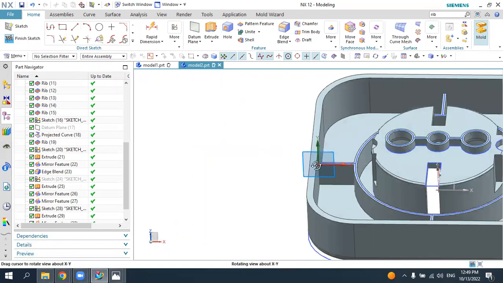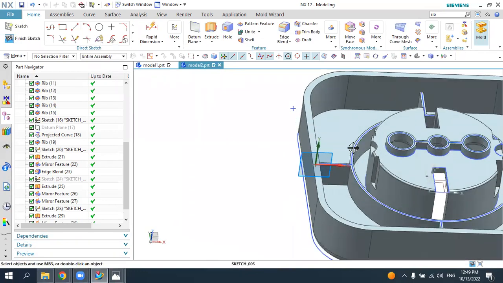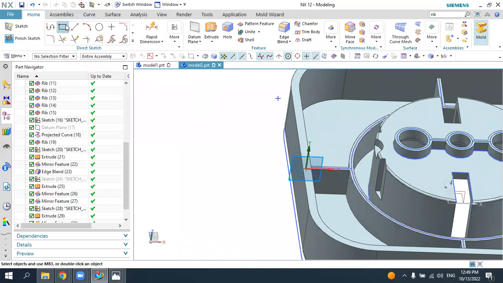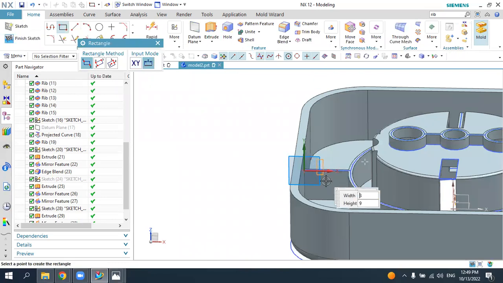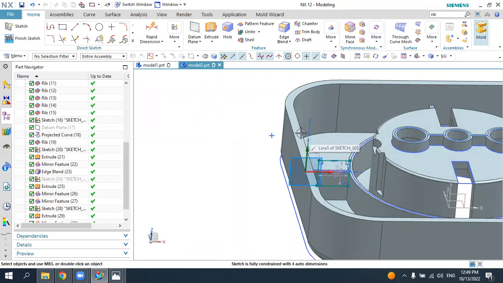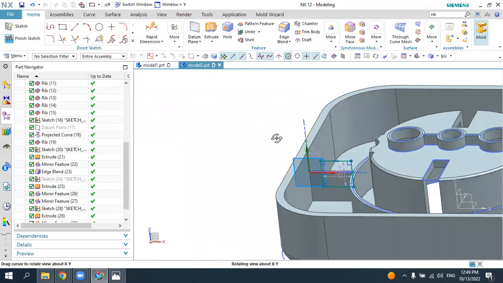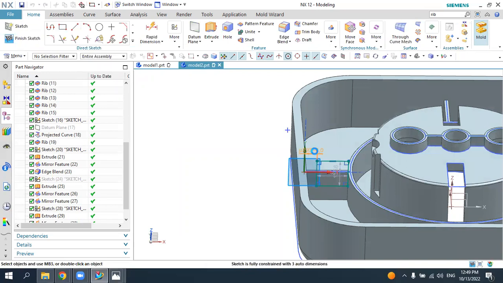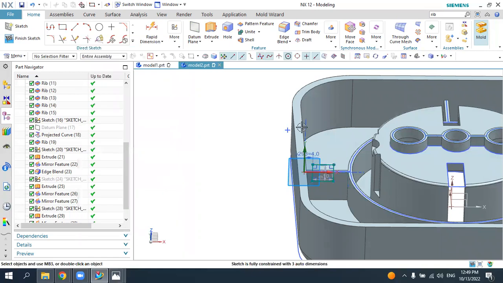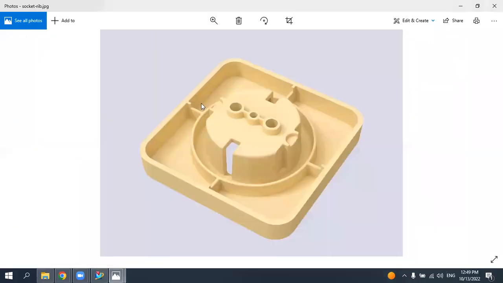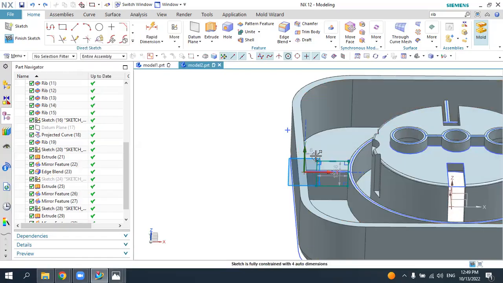We can just move the mouse here and draw the rectangle from here to here until here. So that is tangent on this portion, and you can define the dimension here. For example, from the wall, let's make it 4. Okay, Control Z. 6 is okay, and this distance, let's make it